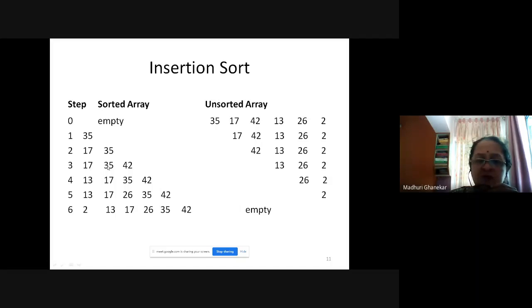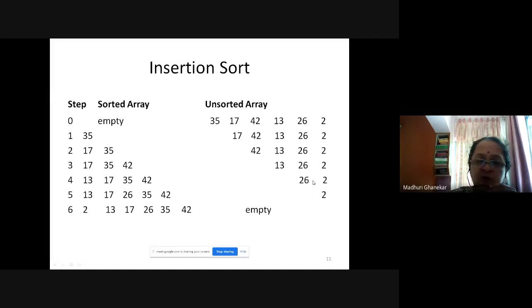Those locations remain as they are, and the unsorted array is 13, 26, 2. Then we need to add this 13. 13 will be added at this position, and you write the sorted array like this. The unsorted array will be 26 and 2.